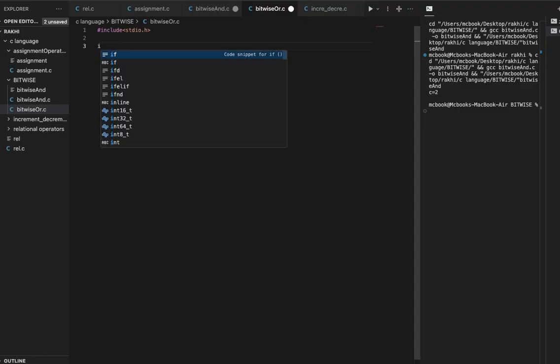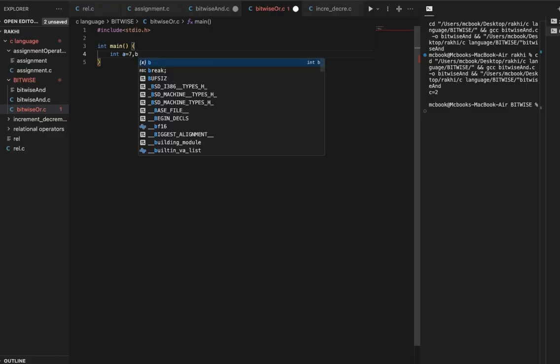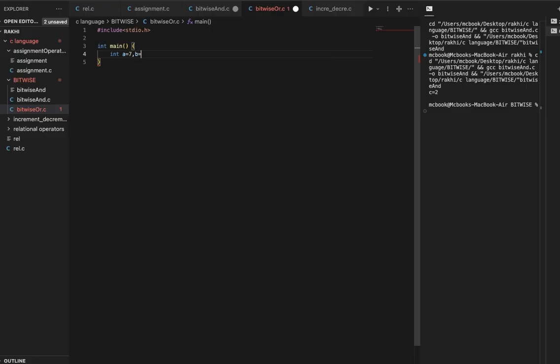First of all, add library stdio.h, and main, and initialize values a and b, OR gate truth table.